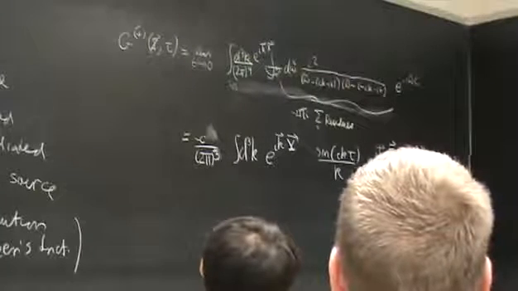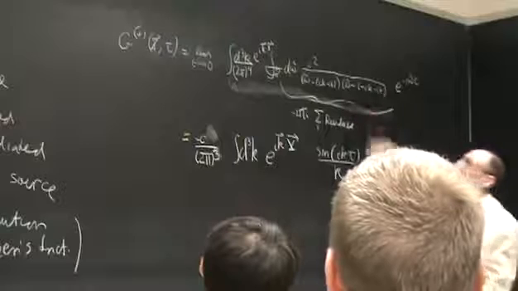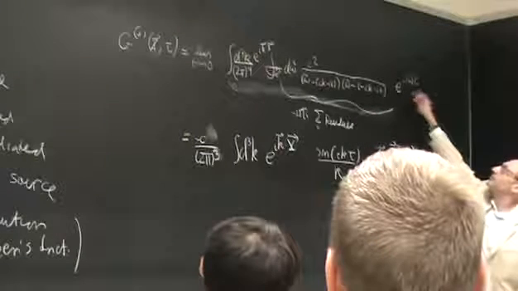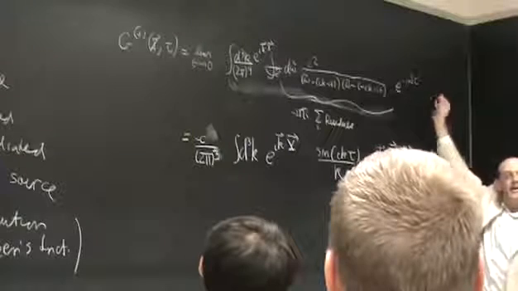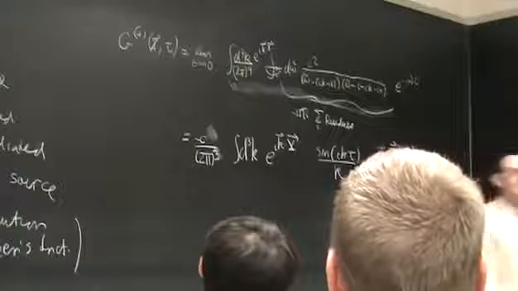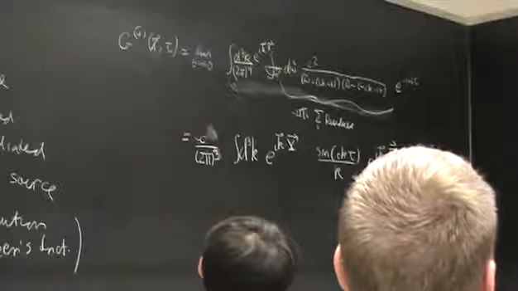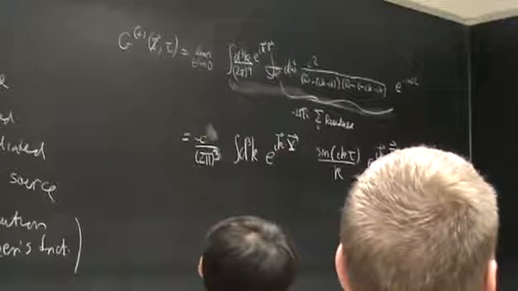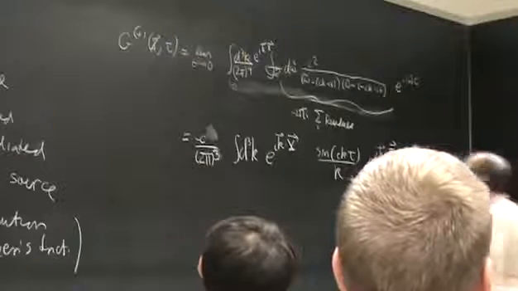Okay, so that comes from the two poles, the one at ck and the one at minus ck, which gives us e^(i c k tau) and e^(-i c k tau), which is the sine function. All that algebra. Okay, so now we just have to do this integral, and the way you do it is